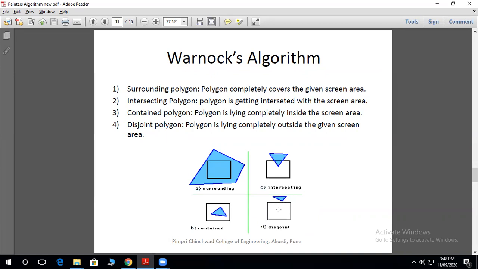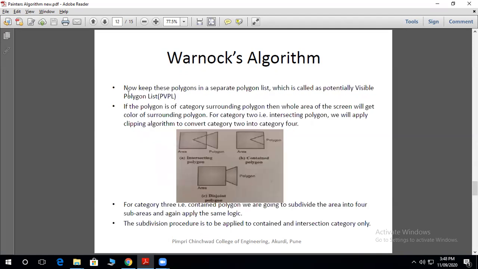Now we need to concentrate on the first 3 categories: surrounding polygon, intersecting polygon, and contained polygon. In Warnock's algorithm, we keep these polygons in a separate polygon list, called the potentially visible polygon list, that is PVPL.